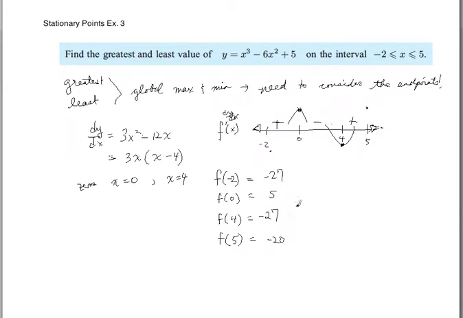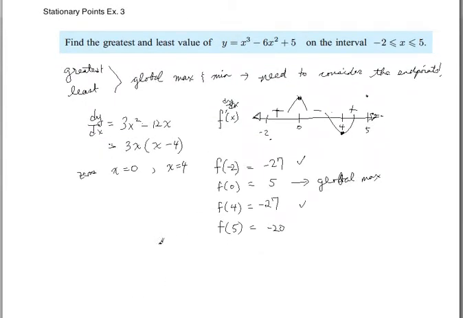And so you can see that this is my global maximum. And I have two minimums. This number and this number are both my global minimum. Those are the least values of y. So my final answer would be, I guess, the global